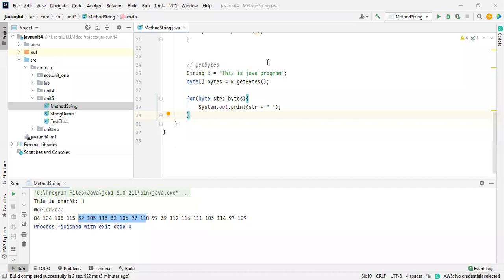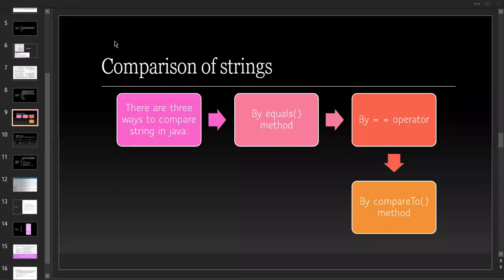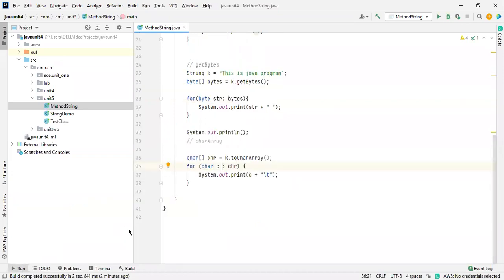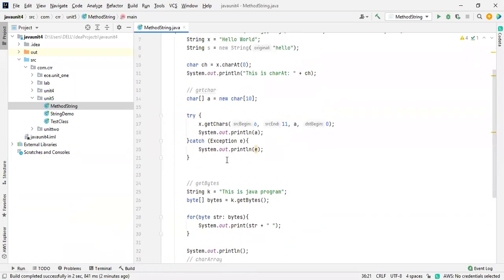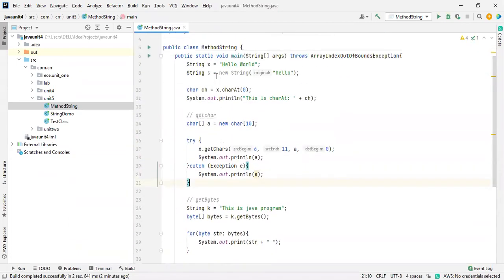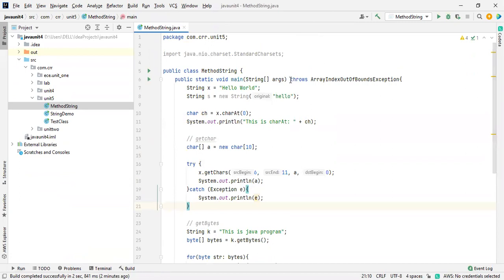I'm doing the same application as instructed by the principal. Let me wait a second. Here we are going to compare strings. How are we going to compare the string values? It depends on your interest. Sometimes it is essential to check whether the strings are proper or not. I want to remove this, I do not require it right now because we already have a try-catch block over here.